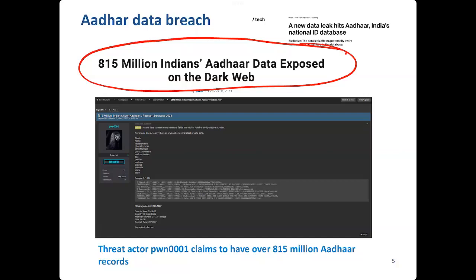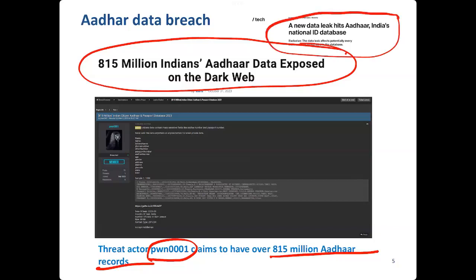It has been stolen by someone, and that person claims to have the ID PWN0001, and he has stolen so many records and is asking for about $80,000 for this record to be available to anybody who wants to pay. And after some time, this price will drop because the one who is buying may possibly sell it to others, and eventually after some time it will be available for a very cheap price.